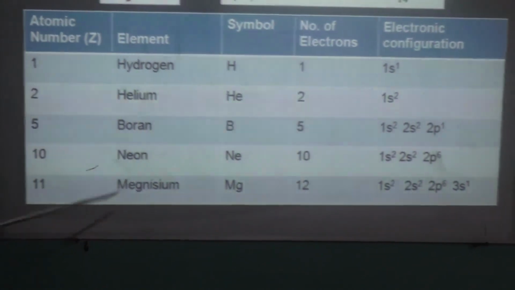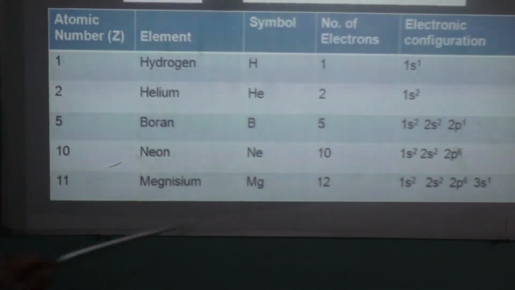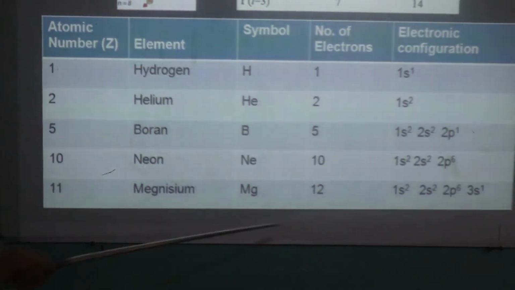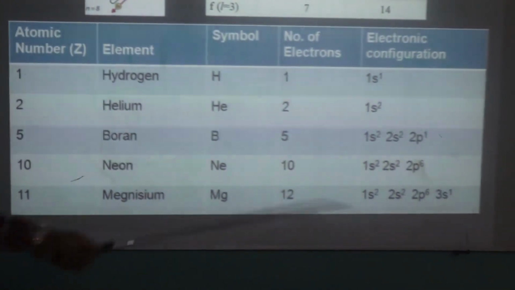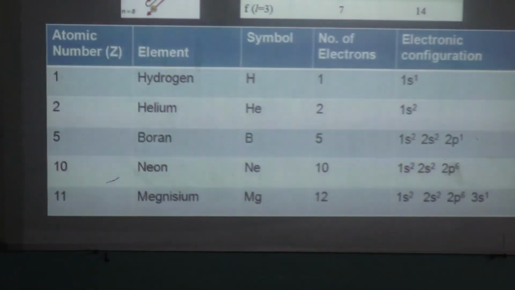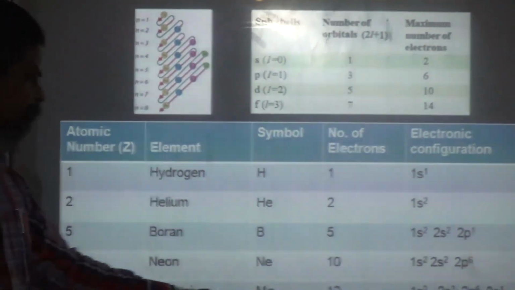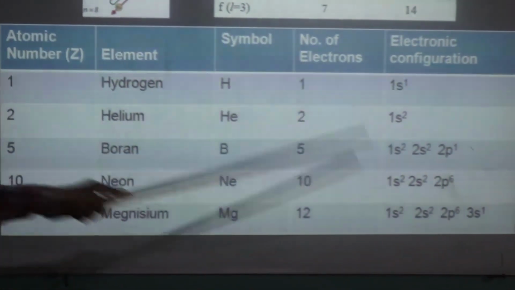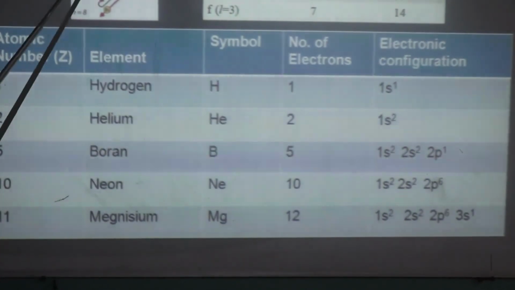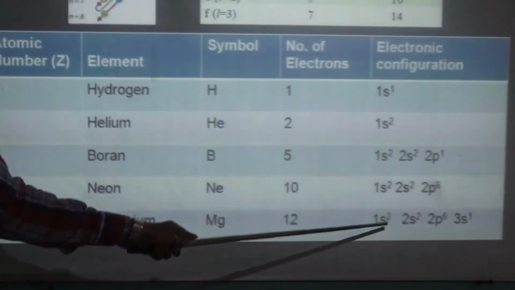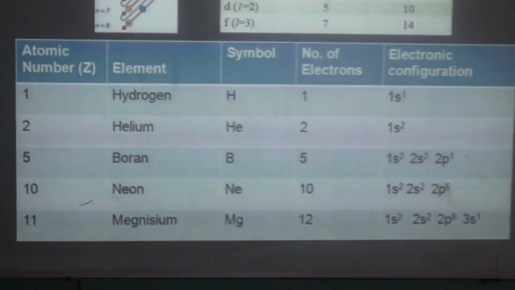Coming to magnesium, atomic number 12, number of electrons 12. So electronic configuration, let us see. In the 1s orbital you can accommodate 2 electrons. In the 2s orbital you can accommodate 2 electrons. In 2p you can accommodate 6 electrons. 2 plus 2 plus 6, 10, and you are left with